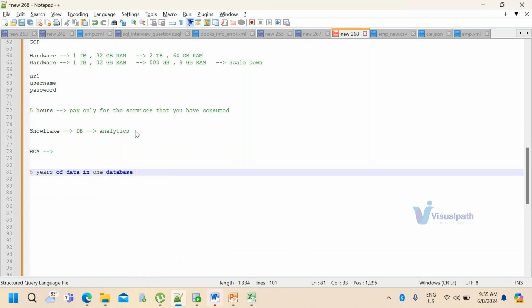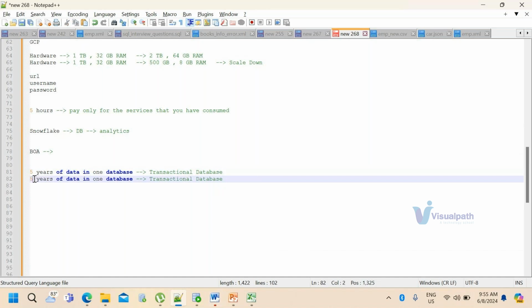This is called the current transactional database. The current transactions will be maintained in this particular database. What about the rest of the 45 years? For the rest of the 45 years, they'll maintain data in another database that is called the analytical database.